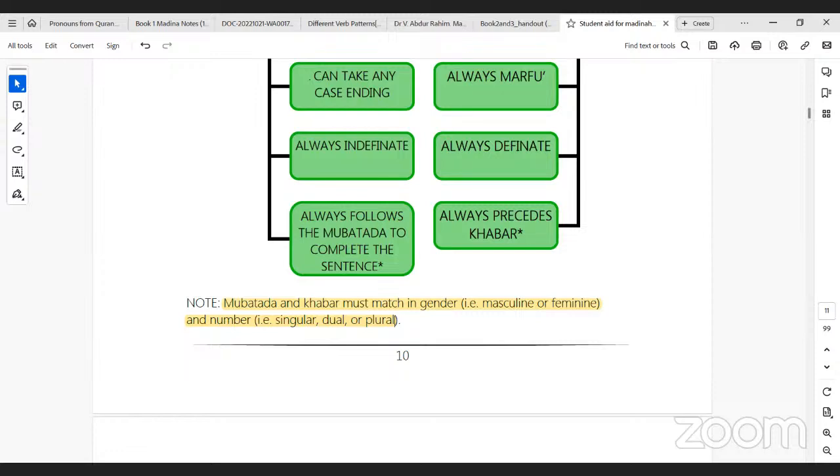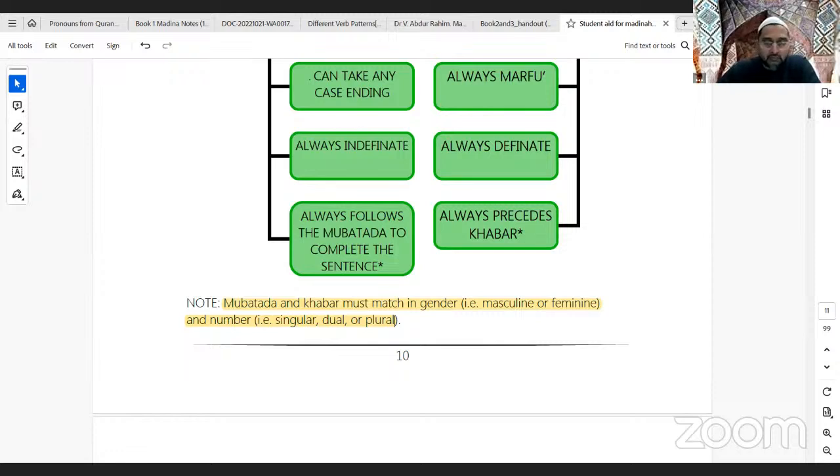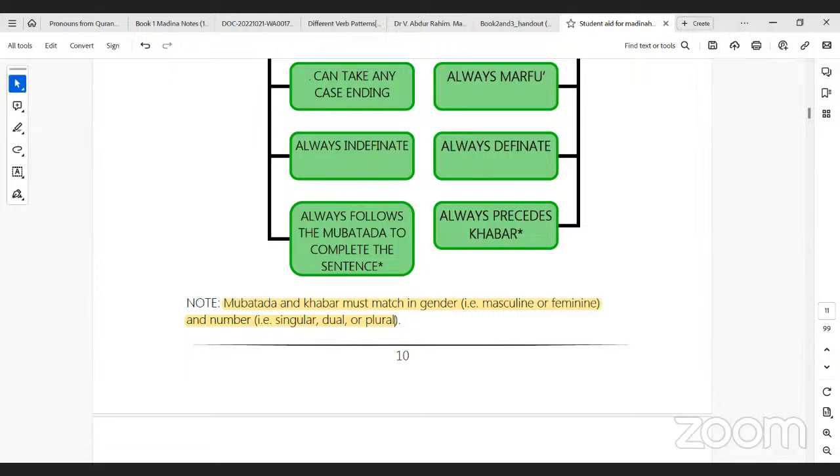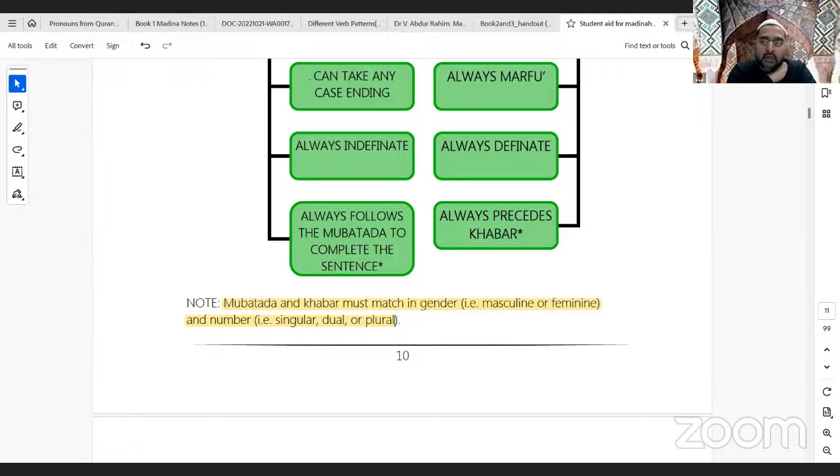I'm myself a bit confused with the case ending. I'm going to explain this. Muhammadun Talibun. Here, Muhammadun is the name of an individual. It has a tanween. First of all, is Muhammad a common noun or a proper noun? It is a proper noun because it's the name of an individual. Normally, this is an exception, that this is a proper noun and also ends with a tanween. Normally, when a word, for example, if I said baytun,